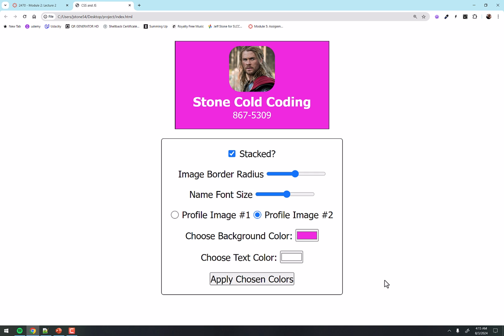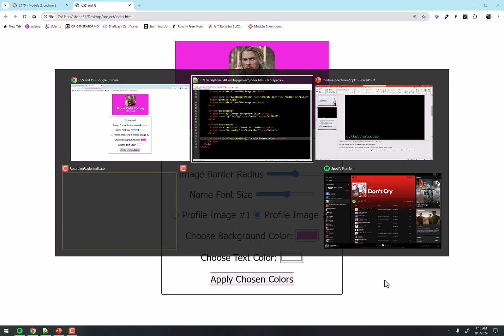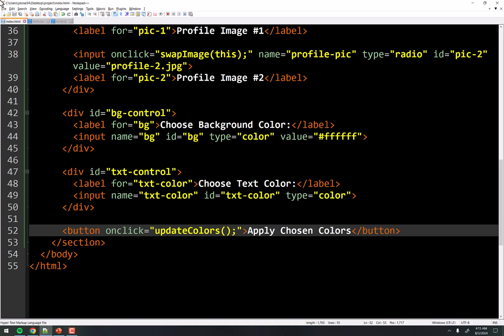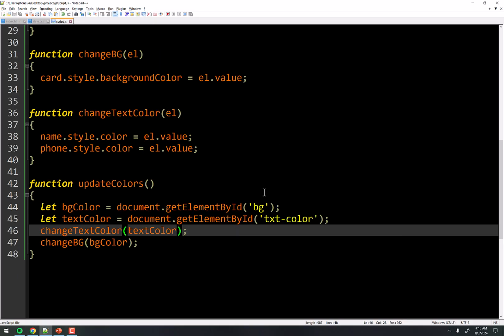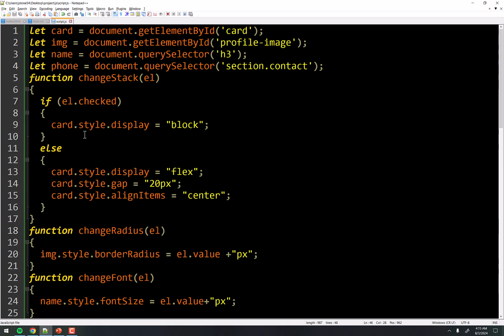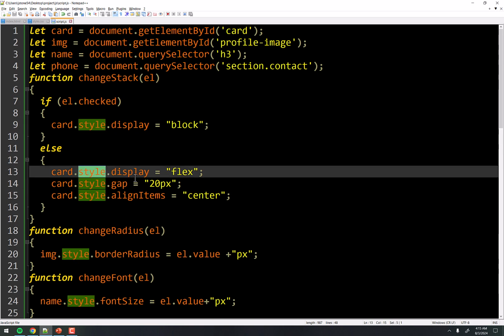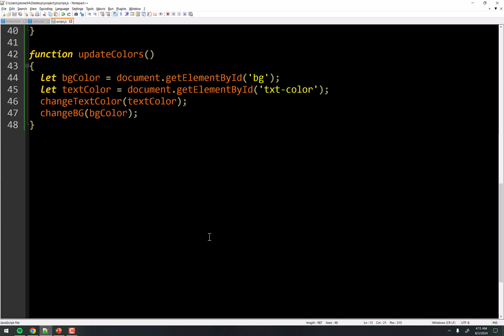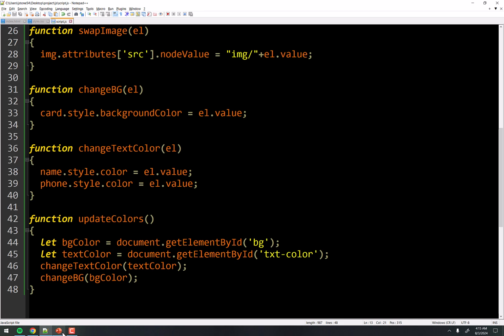My hope is, this is probably the 10th time I've said it in this video, so sorry about that. But the hope is you're seeing this pattern here. This is a super easy thing, this style thing. This style object has in it as properties all of the same properties you'll find that you can use in CSS. So that's it. Hopefully this was helpful. This will be available in the lecture notes.